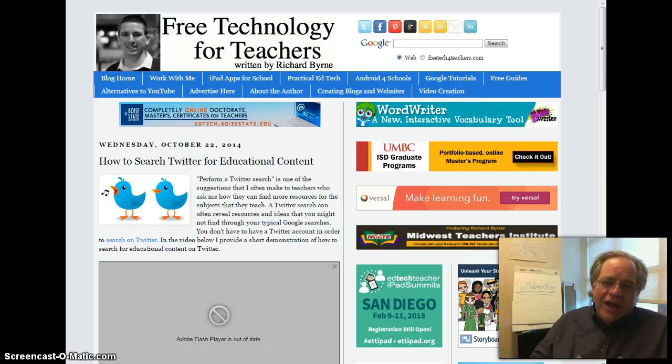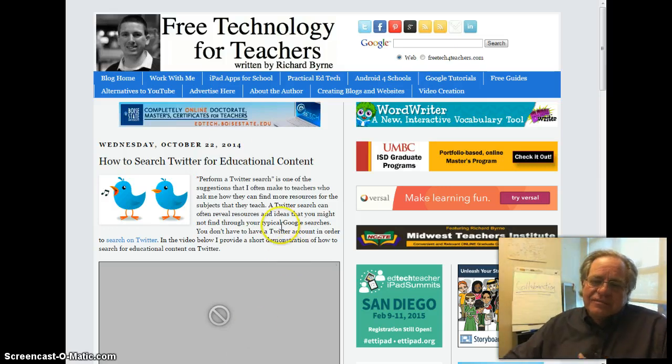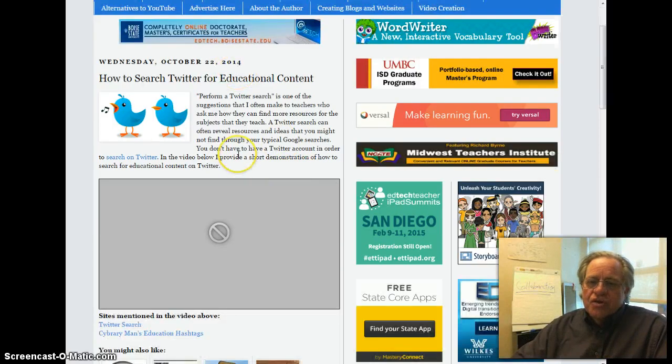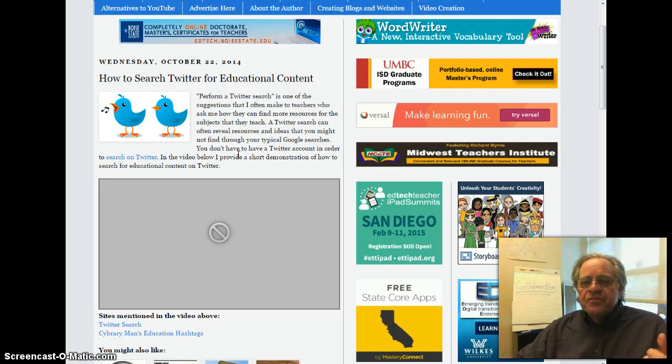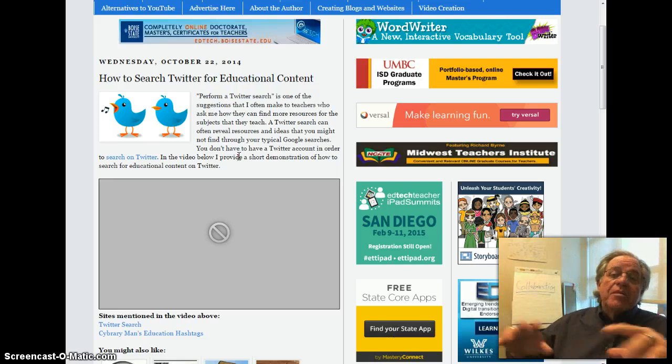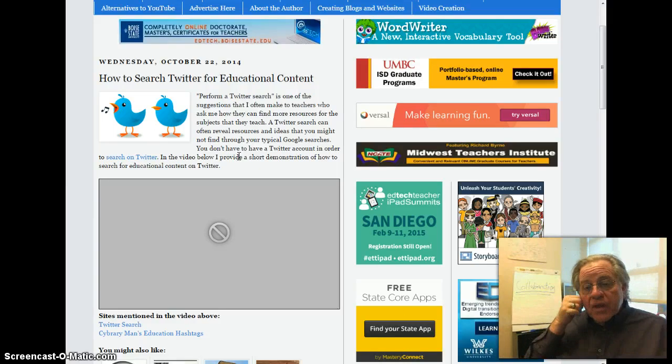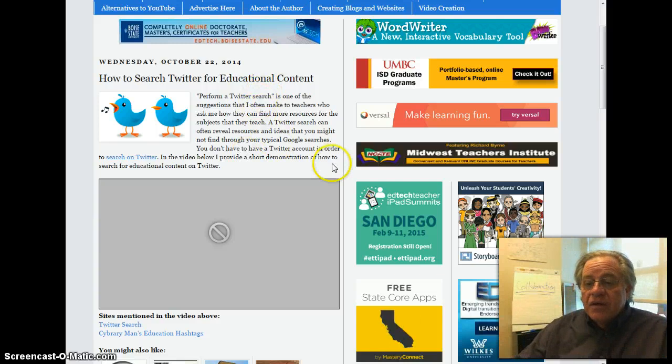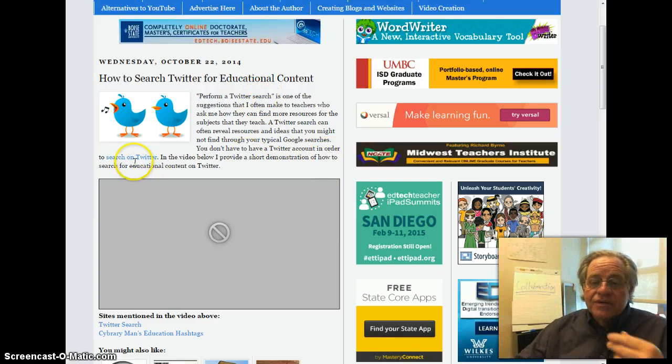Here the author is stating that you can search for topics, ideas, and resources that you may not find through just typing in a Google search. If you don't have an account in order to search, there's a whole demonstration on how to do this. Now, the reason why I wanted to show this